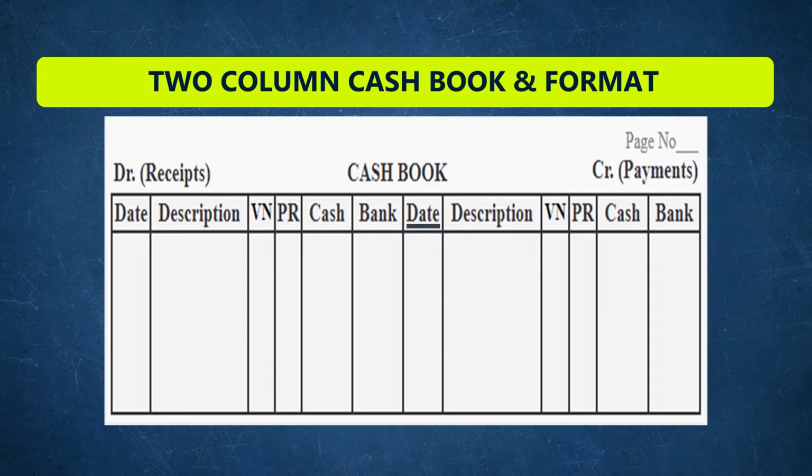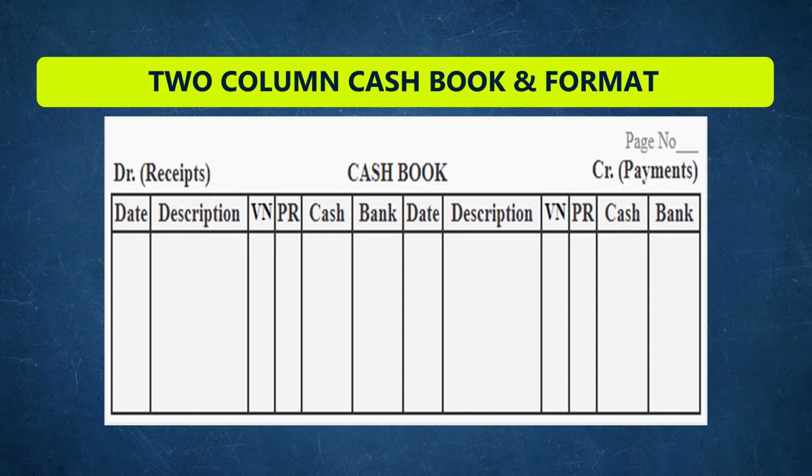The first one is date, second one is description, third one is voucher number, fourth one is page reference, fifth one is cash and sixth one is bank. So here the bank column has been introduced in the debit side as well as in the credit side,